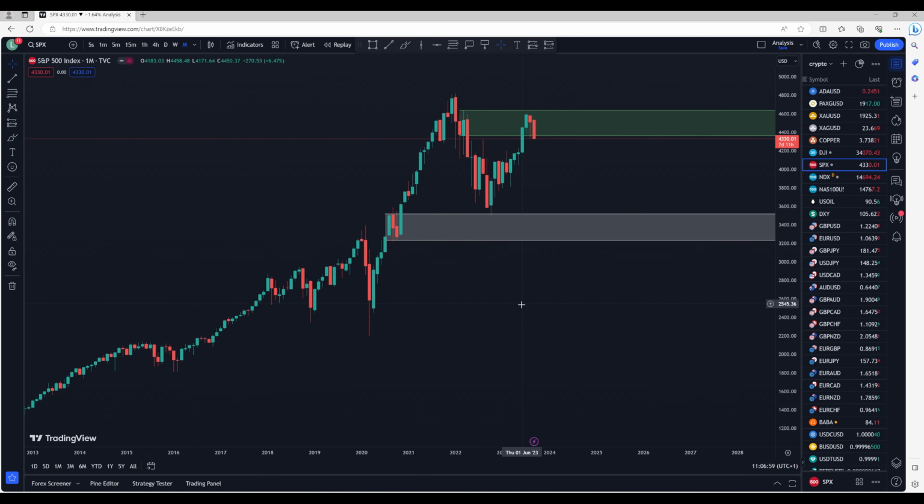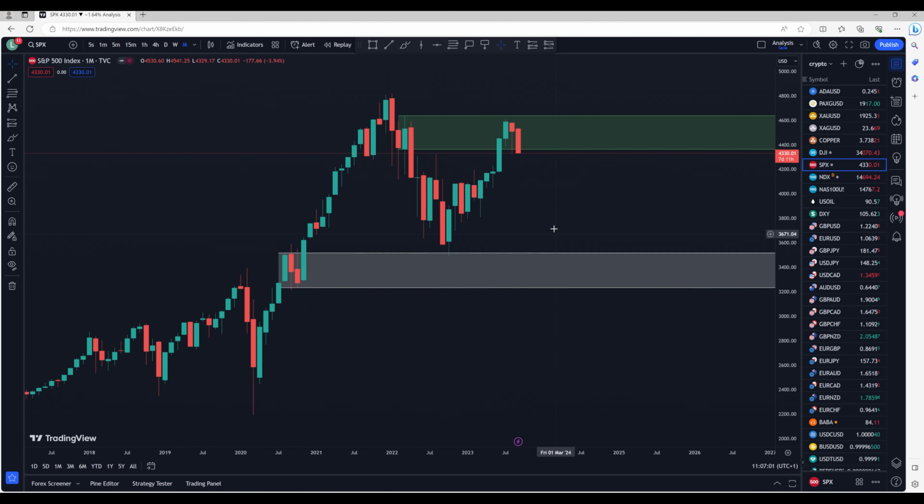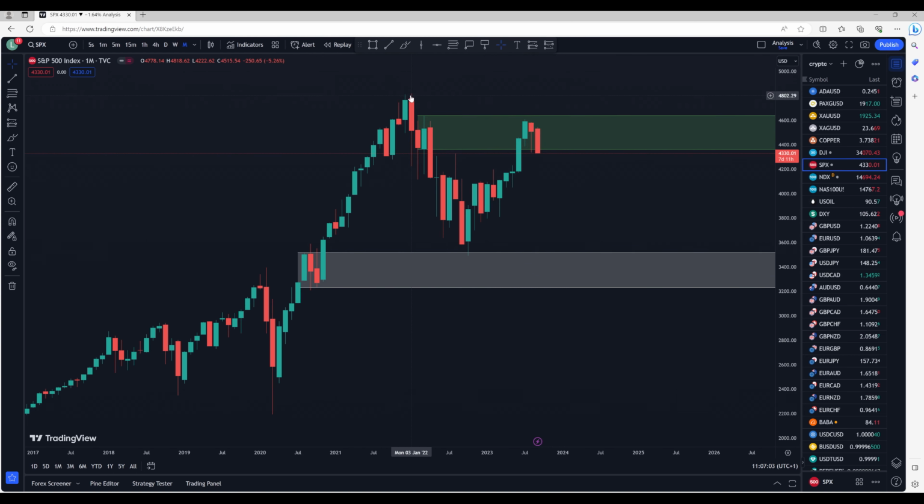Now, there's a couple of things I want to bring your attention to. The first is this. You can see that when price hit all-time high and then started to recede, or pull back, this right here, okay? Let me get rid of this one for now. So you can see price started to drop. It drops, comes back up, and it hits this LP, right? And then it moves away from that aggressively. That is a pretty big move away from this level, so we know this is pretty significant.